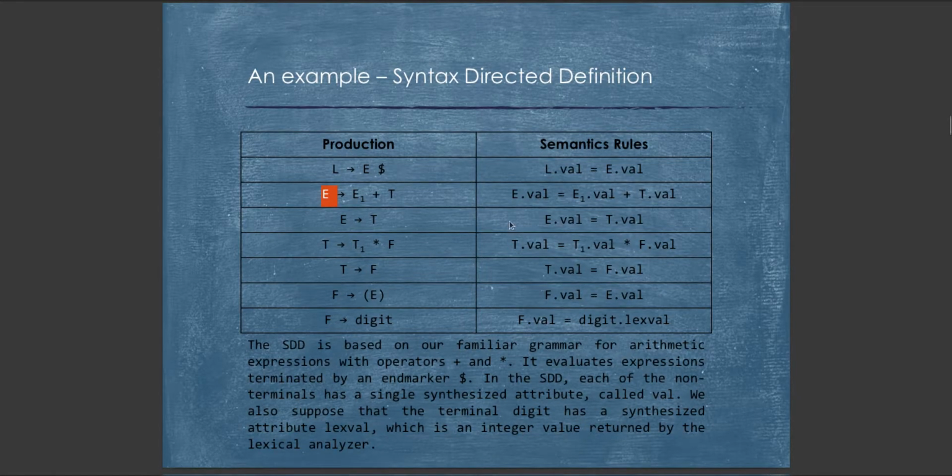অলরাইট, সো একটু চিন্তা করে বলেন, E এর ভ্যালু আমি যদি ক্যালকুলেট করতে চাই তাহলে কিভাবে করব? সো যেহেতু এটা একটা প্লাস অপারেশনের CFG, সো খুব সিম্পলি আমরা বলতে পারি E এর ভ্যালু হবে E1 এর যে ভ্যালু ছিল প্লাস T এর যে ভ্যালু ছিল, তাদেরকে যদি যোগ করি তাহলে আমি E এর ভ্যালু পাবো, right? Okay. So you see, we have written that semantic rules here. E dot val is equals to E1 dot val plus T dot val. Pretty clear, right? Okay. So let's move on to the next one. So if I get T from E, this is pretty simple. E dot val should be T dot val because the child একটাই।